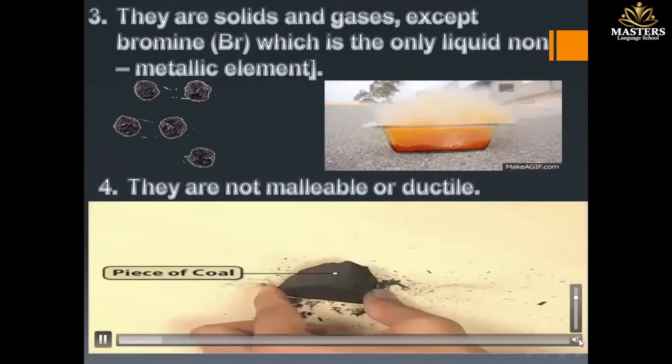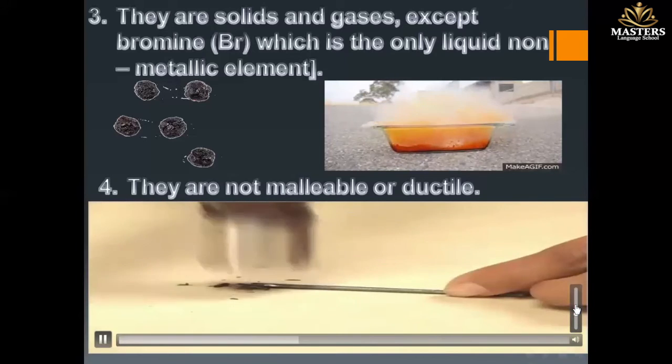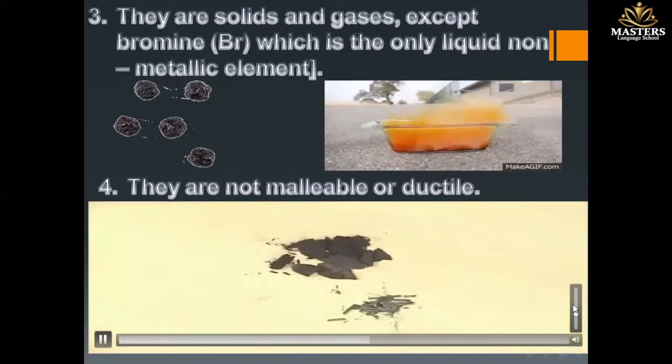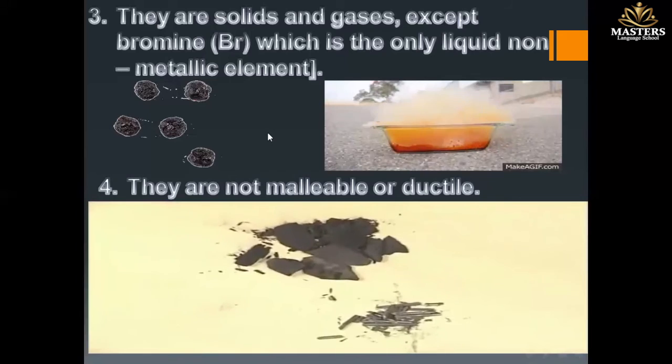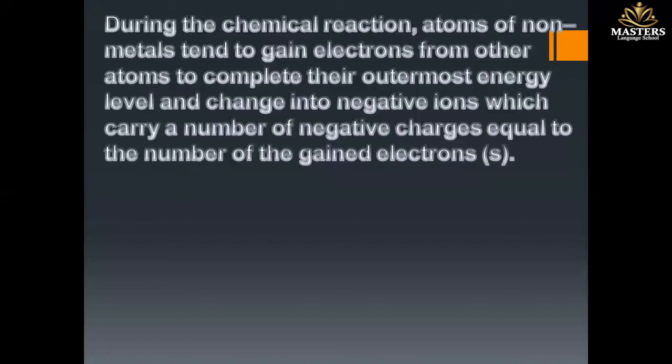Now hit hard the gold piece and pencil lead with the hammer. So here, when he just hammers it, it just breaks down into small pieces. That pencil lead breaks into small pieces on beating. So, the last property: during the chemical reaction, the atoms of non-metals tend to gain electrons. So, metals lose, while here the non-metals gain electrons from the other atoms to complete the outermost energy level